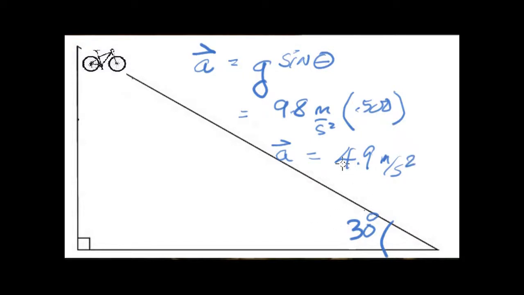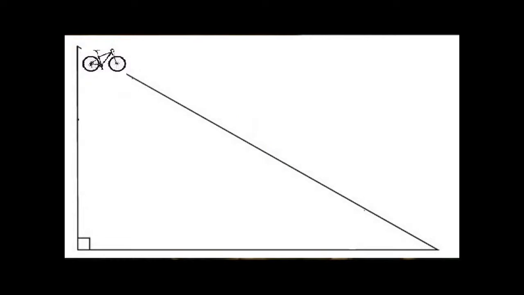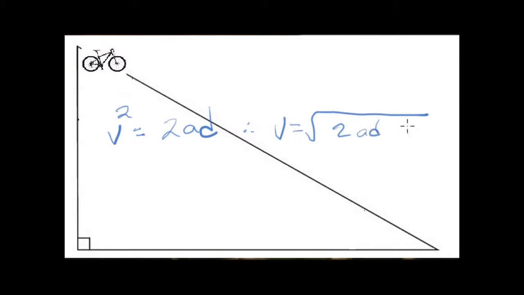So we've already found our angle and our constant acceleration. We now can go ahead and solve for velocity. If we go ahead and solve for velocity, we know that here, velocity squared is equal to 2 times acceleration times distance traveled. Therefore, to get rid of that exponent, we know that velocity is going to be equal to the square root of 2 times acceleration times distance traveled. So again, plugging that in,